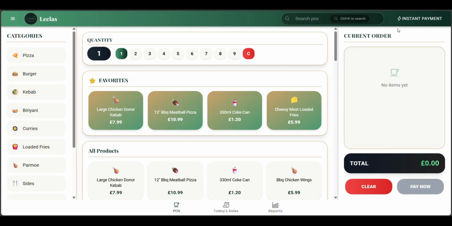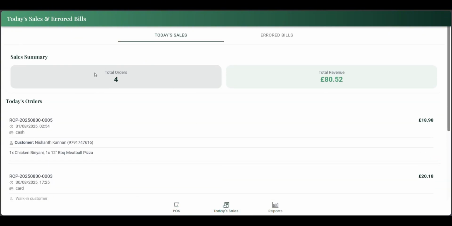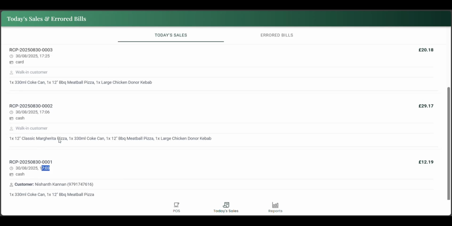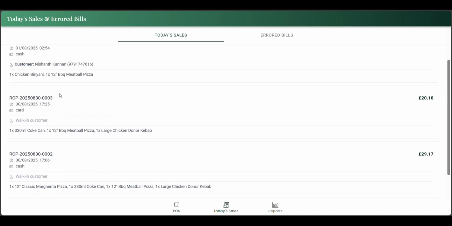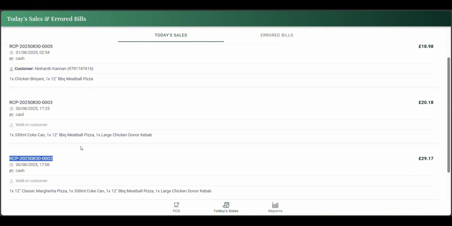So this is how the main billing page works, and let me explain about the other pages as well. So if we go to the today's sales, it will be shown here. Today 4 orders have been done, and total revenue is 80.552 pounds, and all the things will be shown here, including the customer details and at which time the order is being placed, and also the bill number, and with the items